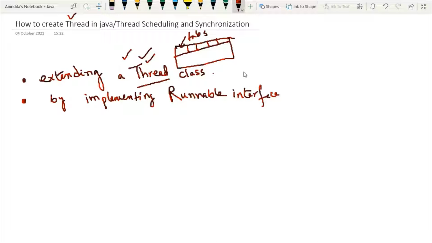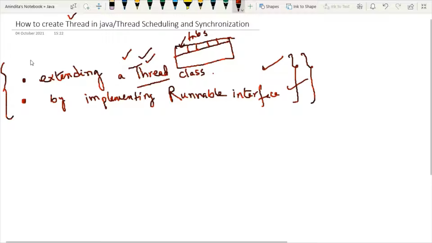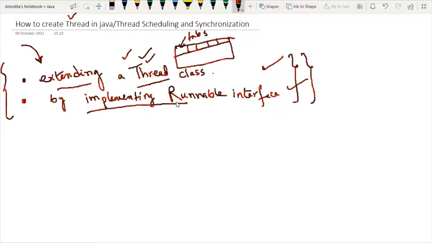So today we are going to perform these two kinds of coding of thread creation in Java. Obviously whenever we perform this kind of coding in Java, the first question that should come in your mind is which approach to follow and which approach is applicable for which kind of application. I will talk about it later on, but you have to remember one point. Whenever we create a thread in Java using these two approaches, you can find that these are the classical implementation or classical application of inheritance and application of interface in Java.